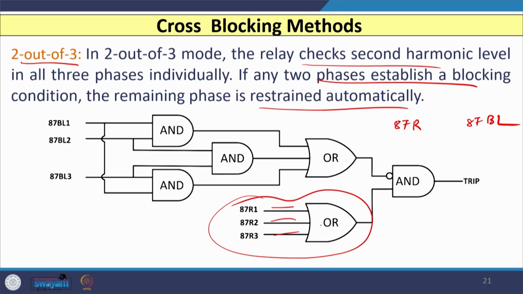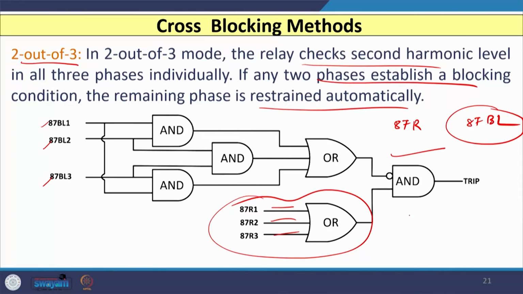I am assuming that you will have the higher logic available, because this is always activated, because even though you have inrush current, the magnitude is very high. So, your operating current is greater than the restraining current. However, in this blocking scheme you have 87BL 1, 2 and 3 for each phase. So, whenever in any of the 2 phases the harmonic contents are greater, then that is available here, and that is ANDed with this AND gate,